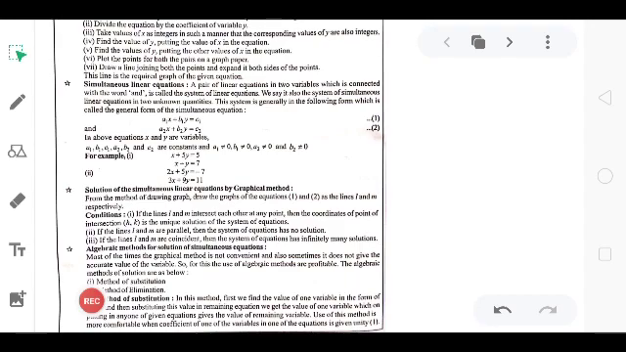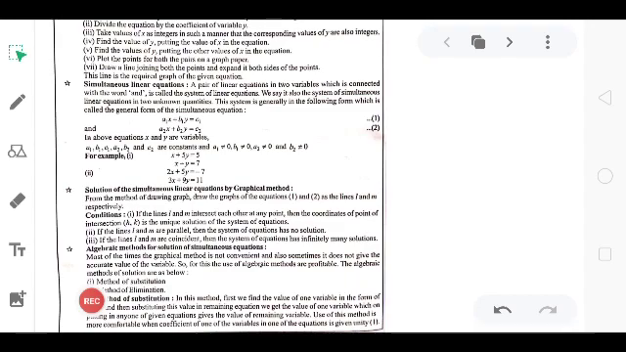I hope everybody has understood the graphical method, that is, finding the solution by the graphical method, and how we can represent the graph of a linear equation in two variables. It is clear. Next,